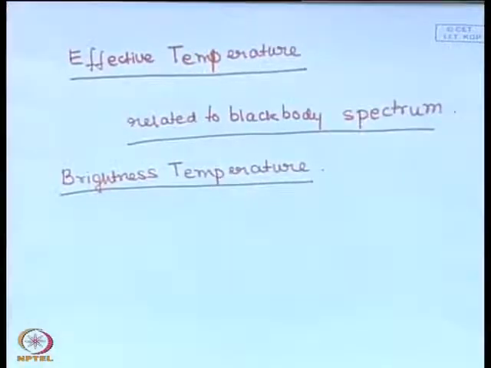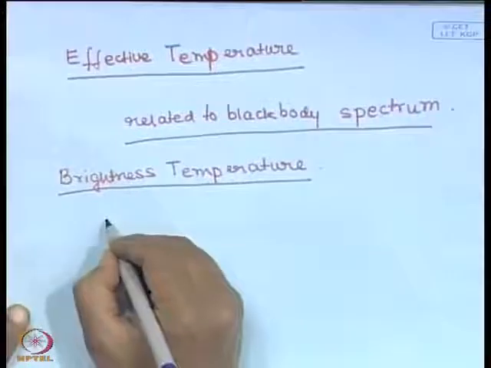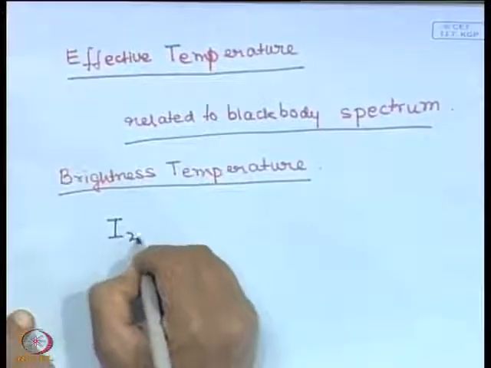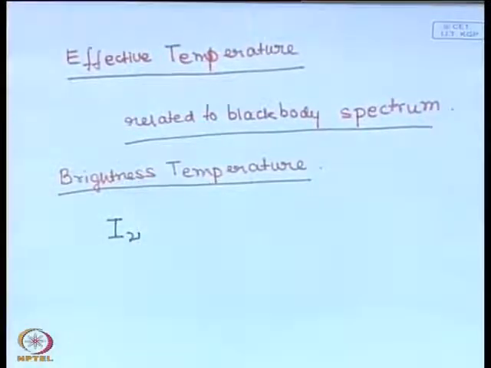Now what is the brightness temperature? Let us just see. Suppose we have measured the brightness of the radiation from a source. By brightness, we quantify the brightness of the radiation using specific intensity, right. So suppose we have measured the specific intensity of a source of the radiation,